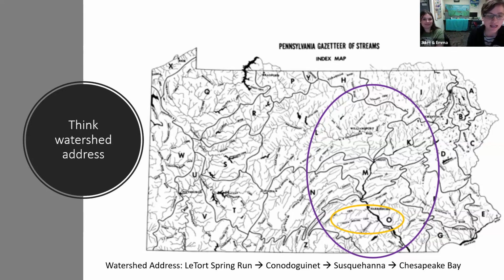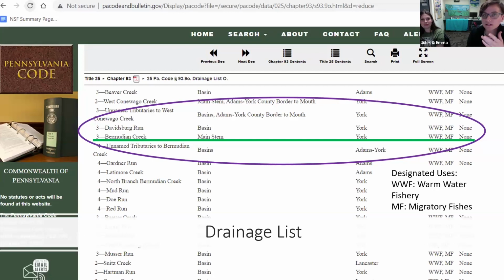Let's go ahead and go to that next slide, Phoebe. So here, once you've gotten to the point where you're seeing your creek, we don't have the Glimes on tonight, but they monitor the Bermudian Creek. And you can see where it's underlined here in green. They're on the main stem. They've got York County. And then all the way over on the right, you see its designated use. So like what Emma was talking about, Pennsylvania has its own unique system. A lot of states do 1 through 4, A through D, and we have warm water fishes, and we also have migratory fishes listed here. All right, so that's how you would find that information.